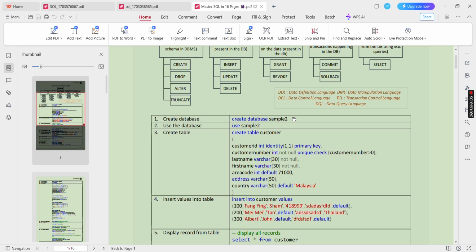Then you list all the fields that you want to use in your table. That is why we have customer ID, then integer, that is our type. We have identity, that is 1,1, the primary key. Then customer number, last name, first name, area code, address, country. Okay, now let's create a table